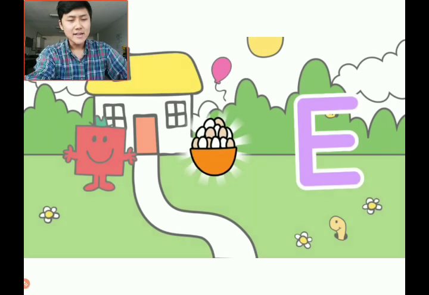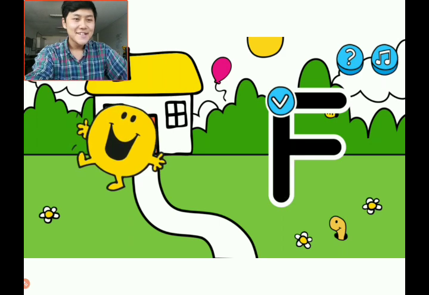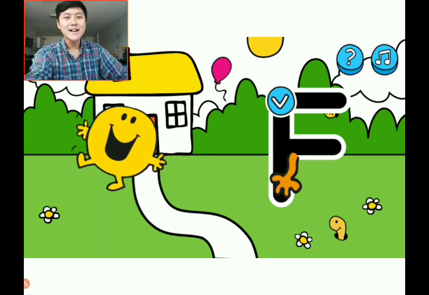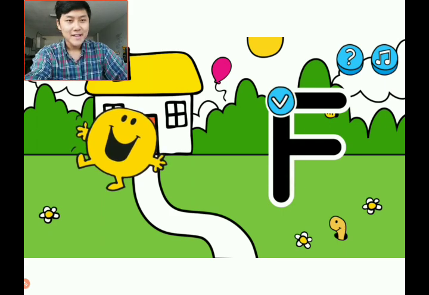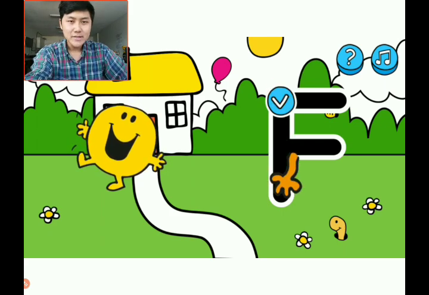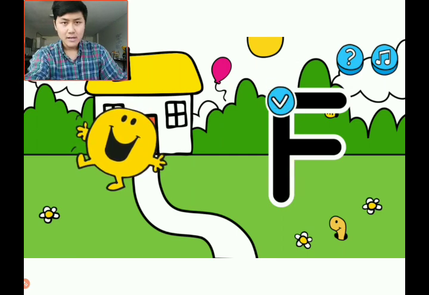And E stands for eggs, which I love to eat in the morning. F. The letter F, so that's Mr. Happy, who feels very joyful right now, which is good. So letter F, it's similar to the letter E, except that there's no bottom line at the bottom, so it's